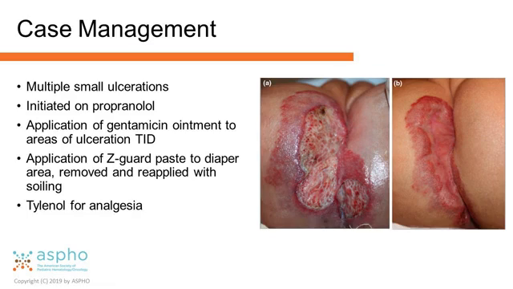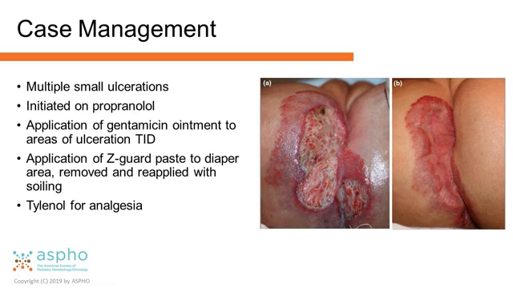The second case of infantile hemangioma ulceration we discussed today is a patient with PELVIS syndrome. She presented with multiple sores of the perineal area. She too was initiated on propranolol, which over time was increased to 2 milligrams per kilo per day. And her ulceration was treated with gentamicin ointment, applied TID, and liberal use of Z-Guard paste, which is white petroleum